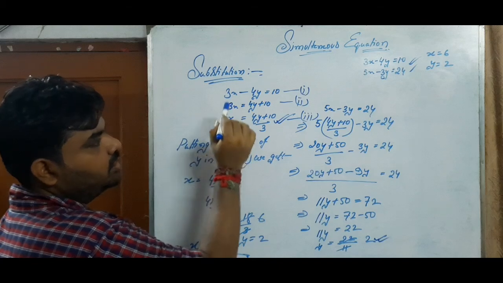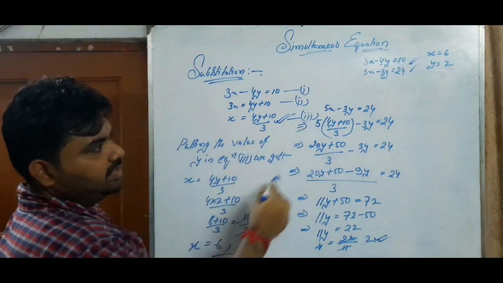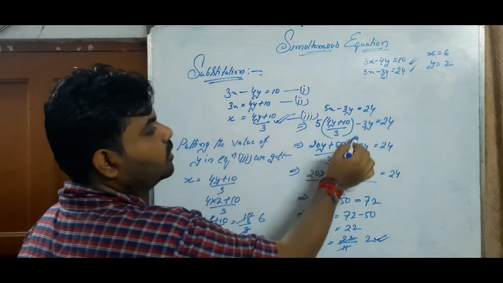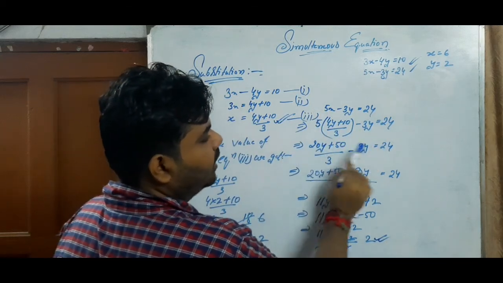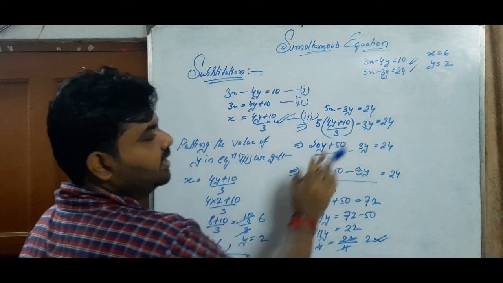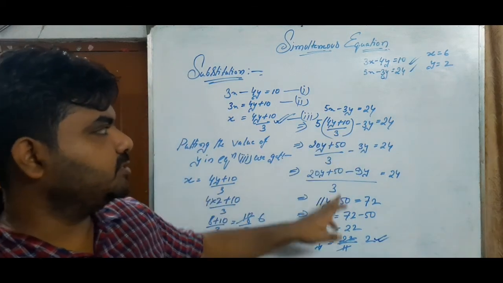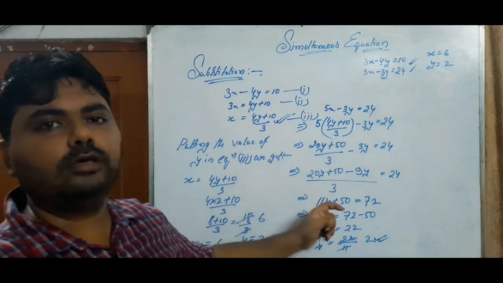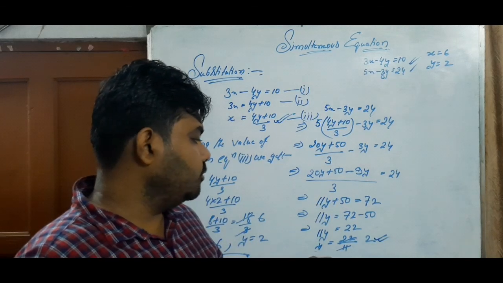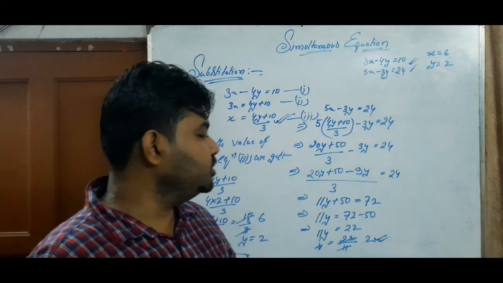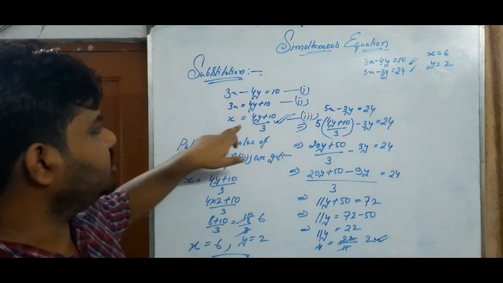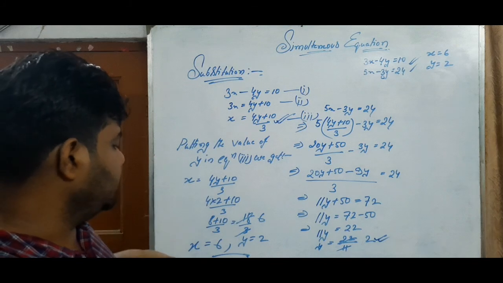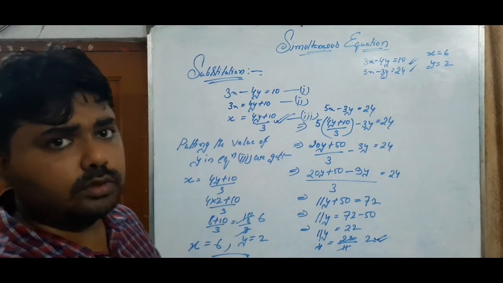Now we are substituting this value in equation 2. That is, in place of x we are putting the value of x. Now while solving we are getting only one variable. That is, we are solving now the linear equation because no x is present here. It is only y. That is, we are solving this with one variable. Now we got the answer y equals to 2. Now we are putting the value of y in equation 3. We are considering this as equation 3. Now this is the answer. That is, x equals to 6 and y equals to 2.